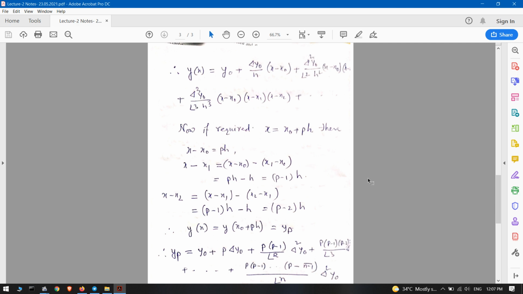Let us see, del of y1 equal to a1 into h plus a2 into, again you find x2 minus x0. So what will be x2 minus x0? That is 2h, isn't it? If x1 minus x0 equal to h and x2 minus x1 equal to h, so what will that be? 2 into h. And then x2 minus x0, so we can write